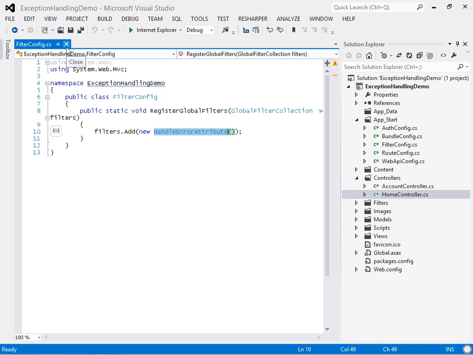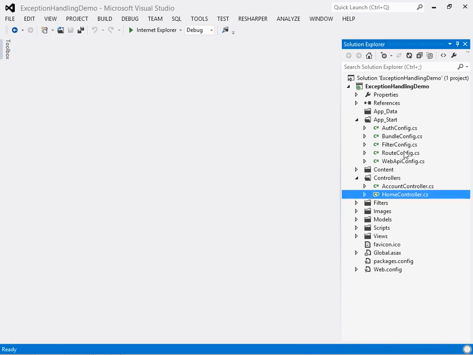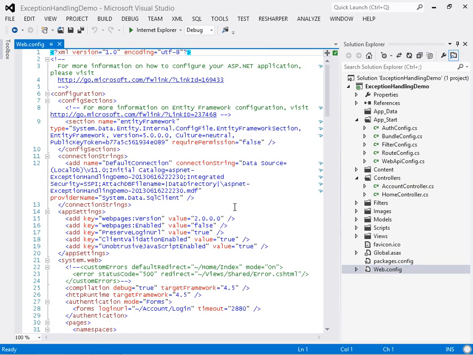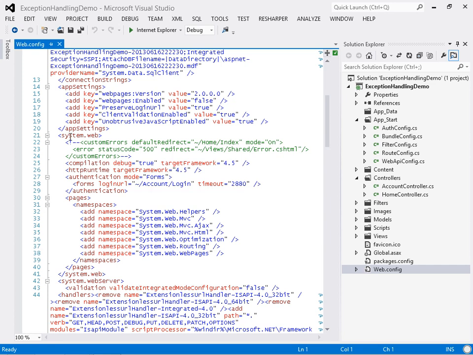What you will probably need to do more often is take the global error handler and give it some things to do on the basis of the errors that it finds. So I want to come over here to web.config, where I've commented out some code for custom errors. It goes in the system.web section of your web.config, and you can set up a default redirect. Now here I've got it going to home index, which isn't that great. It just means every time you've got an error, it'll go back to the index. And that's typically not what we want, but just so you can see how it works